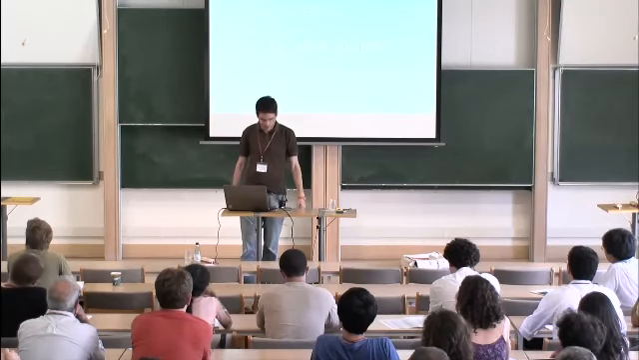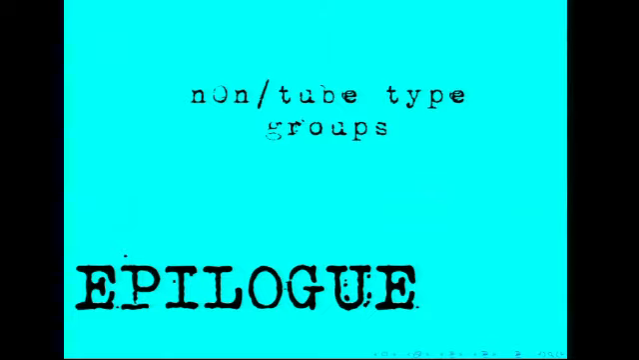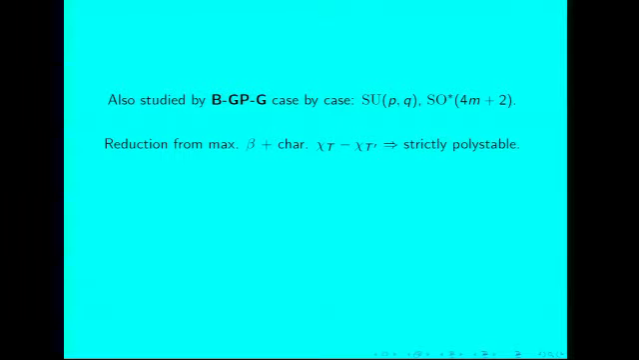Now let me, to finish, say a word about what happens to non-tube type groups. These were also studied by Bradlow, Garcia-Prada, and Gothen, case by case. This corresponds for the classical cases to SU(p,q) and SO star. And what happens is that from the reduction we have defined from the maximal Higgs field, together with the character, we get that this violates the stability condition of the bundle. So you get that all objects are strictly polystable, and in fact